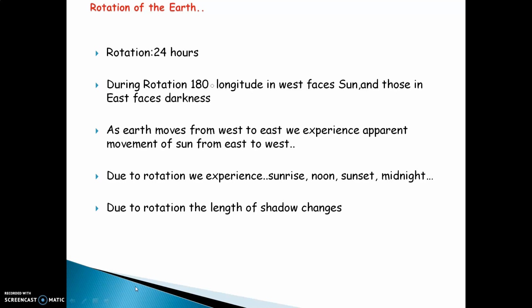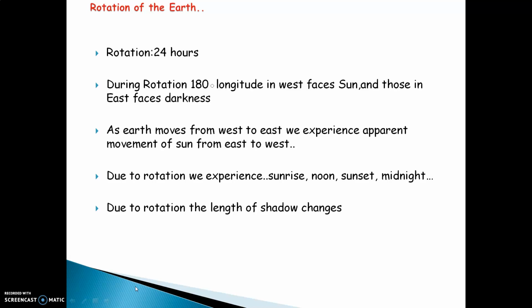That is the period of 1 day. During rotation, 180 degrees of longitude in the west face the sun and those in the east face the darkness. All of us know Earth has 360 longitudes. Therefore, while the Earth revolves around the sun and rotates around itself,